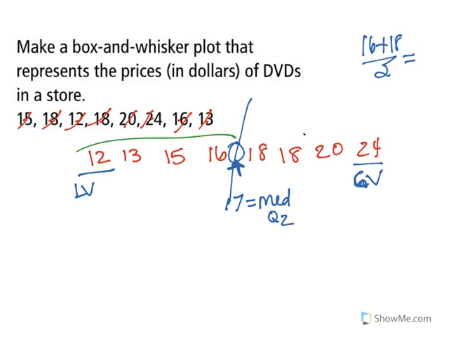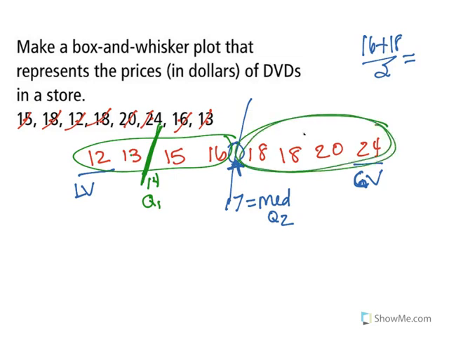And then we're going to take this half and divide it in half. The number that would be between 13 and 15, or the average of 13 and 15, is 14. That's our Q1. Take our second half over here, divide it in half. The number that would be between 18 and 20, or the average of 18 and 20, is 19. That's our Q3. Now we have all 5 of our numbers that we need to make a box and whisker